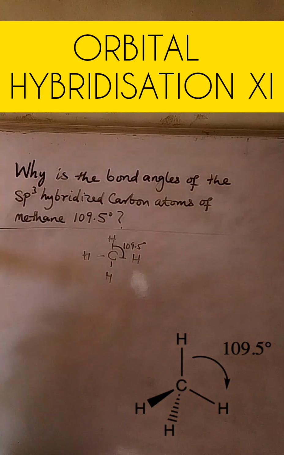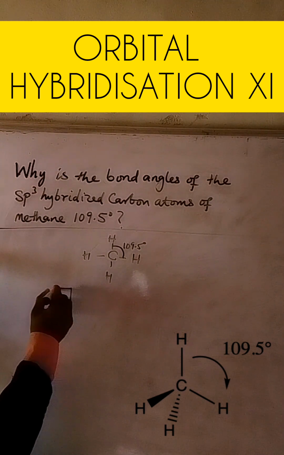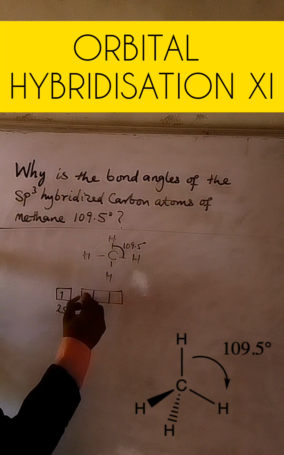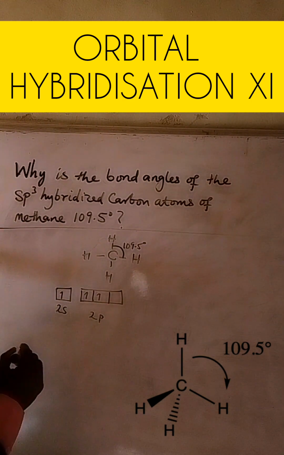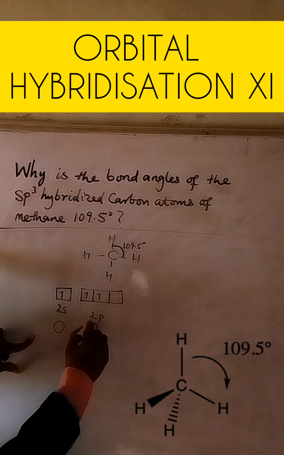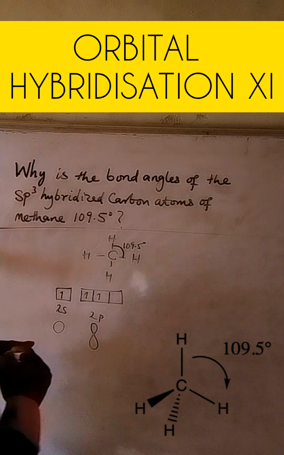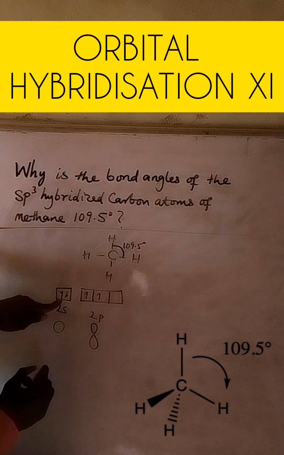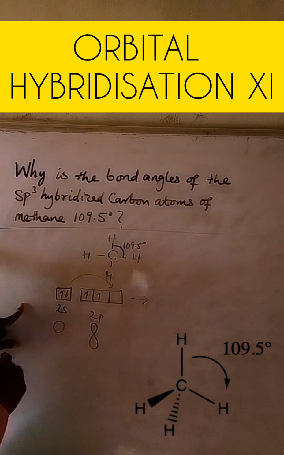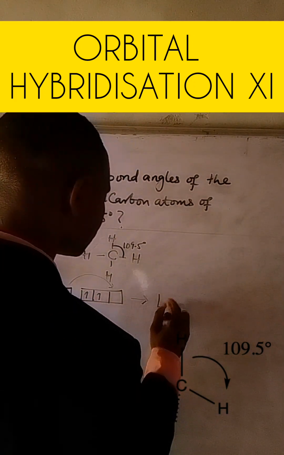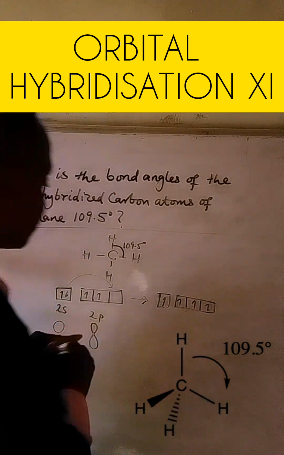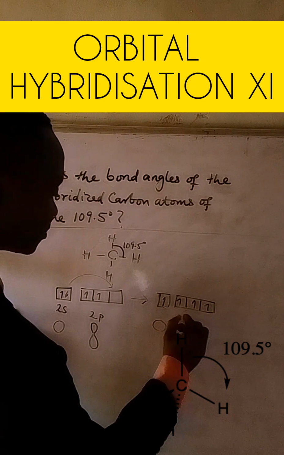109.5 degrees? These are the orbitals of carbon that participate in hybridization. 2p. So we have a spherical s orbital, and we have p orbitals that are dumbbell-shaped. This is a pair of electrons. It will be promoted to this empty p orbital, and we have something that looks like this. So, this is the s orbital that is spherical. These are the